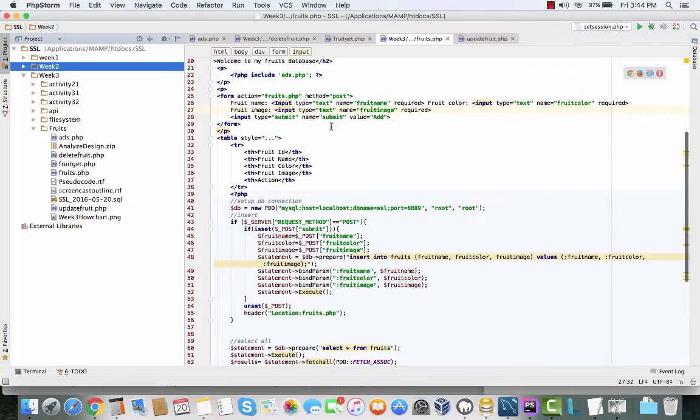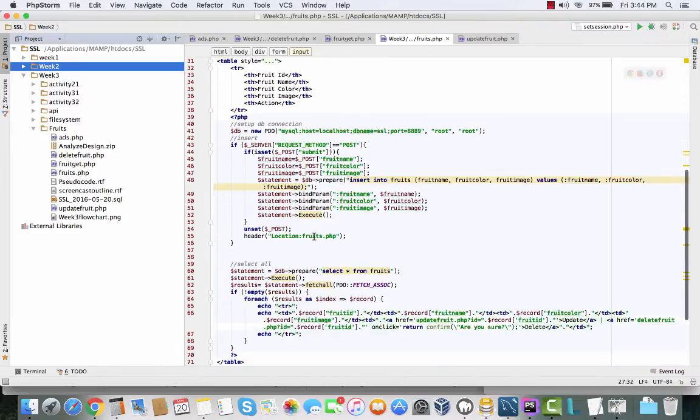If I happen to click on the submit button, you can see right here that if it is a post for the submit button, then it's going to get the values from the screen and execute an insert statement and insert the record into the database, and then go back and refresh the screen again to reflect the new fruit. Similarly, if I click on the